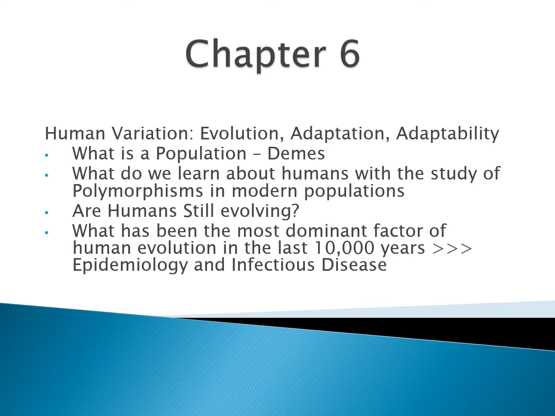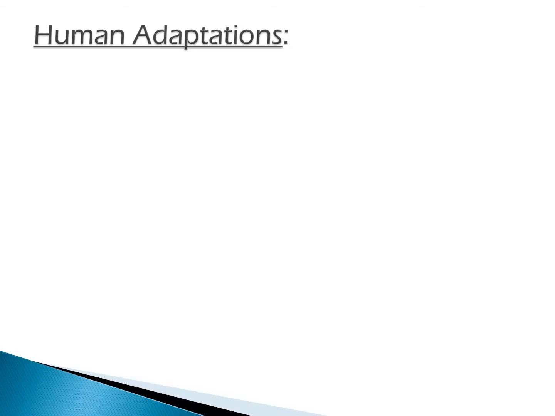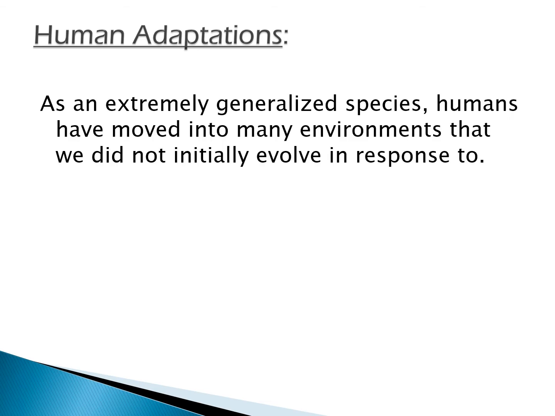So let's go. Now, overview as we get started, thinking about human adaptations. Humans are, biologically speaking, an extremely generalized species, and that means that we can digest a huge amount or variety of foodstuffs, live in a big variety of environments. We're very able to travel, adjust, and survive when there are certain kinds of environments that are present on the planet.